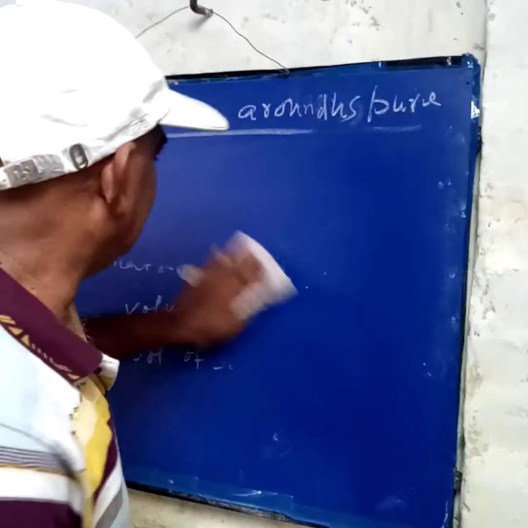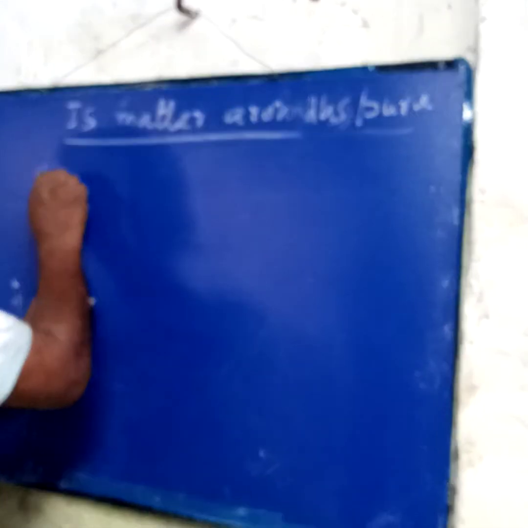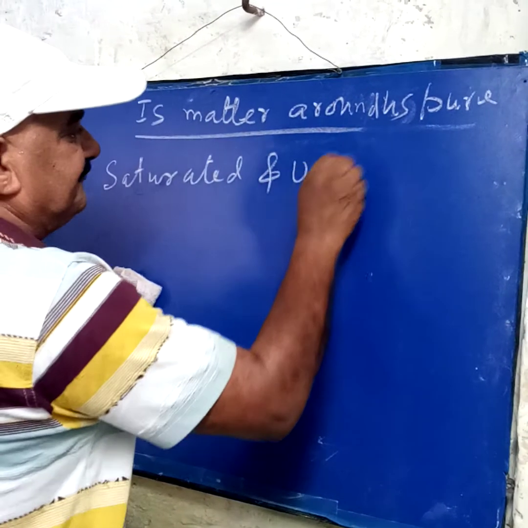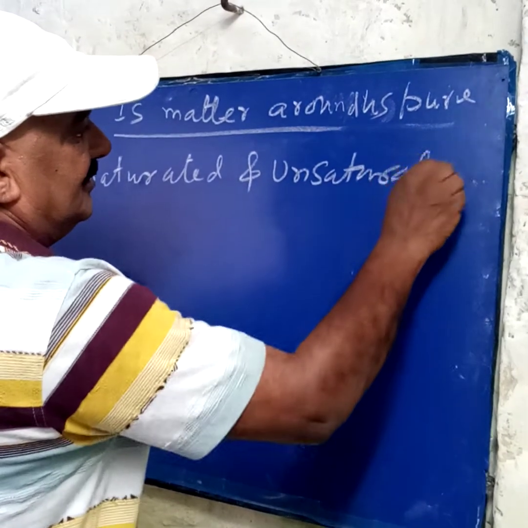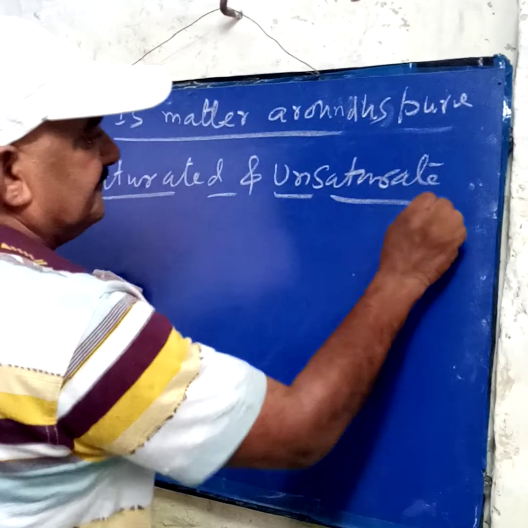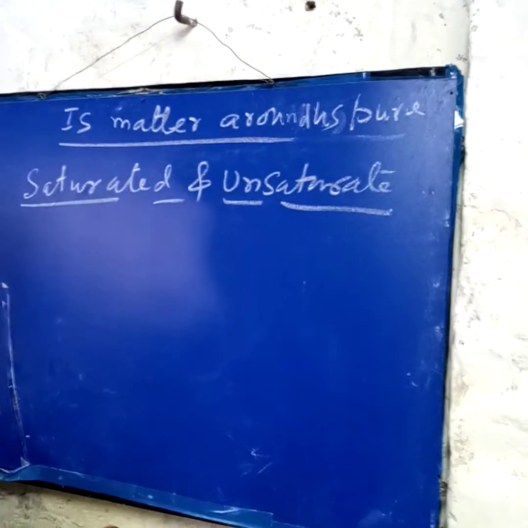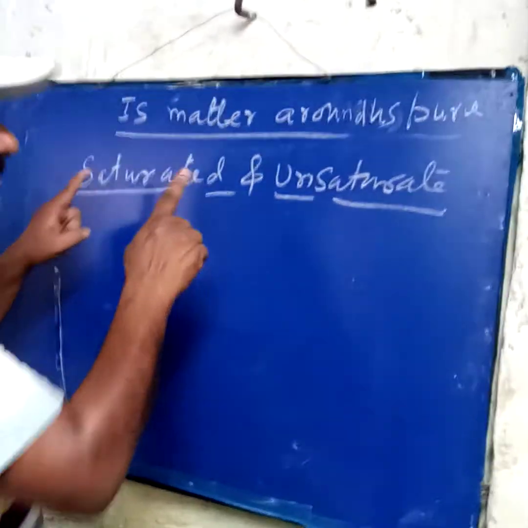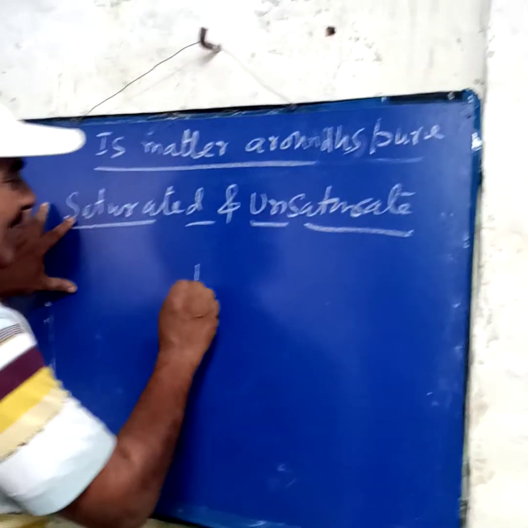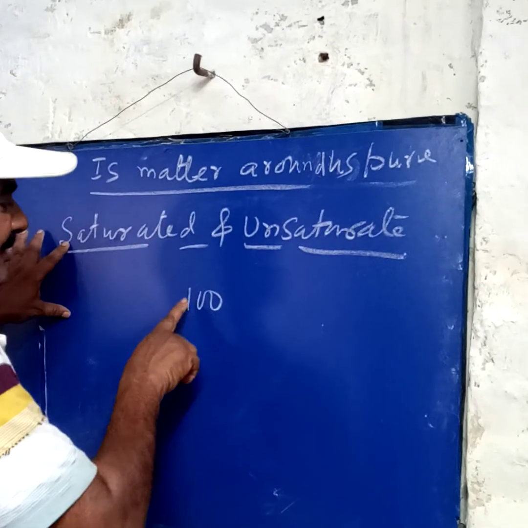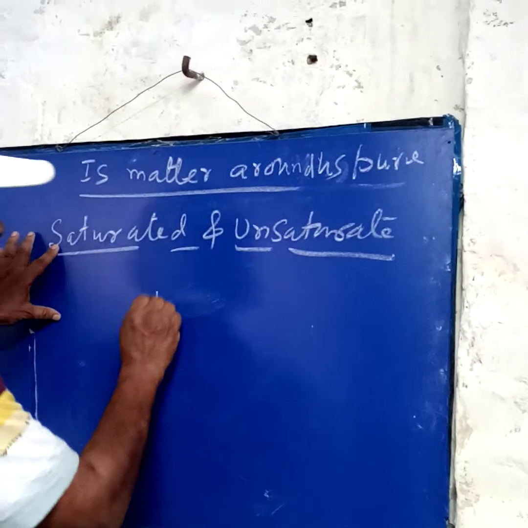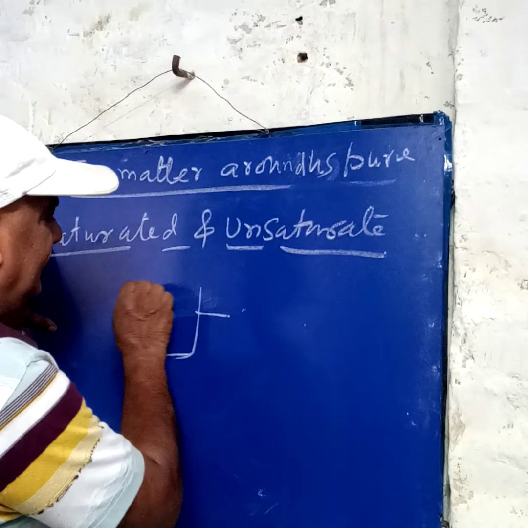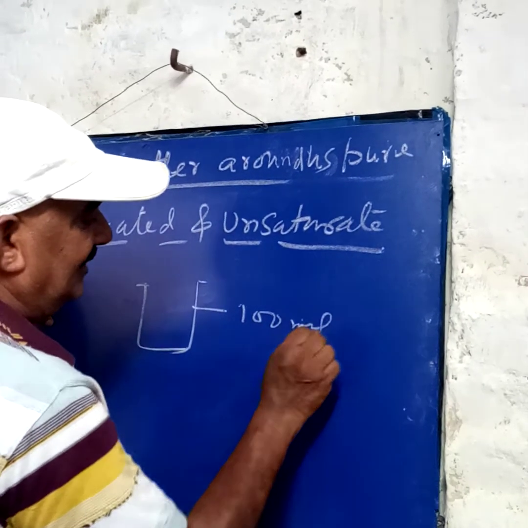Now we are going to saturated and unsaturated. But here, how do we know the saturated solution? Saturation means mass is given. How much mass of solvent is given? I mean to say, suppose 100 gram of water, how much solute will be dissolved there? How will we make the saturated solution? Suppose the mass given is 100 ml of water, make a solution.